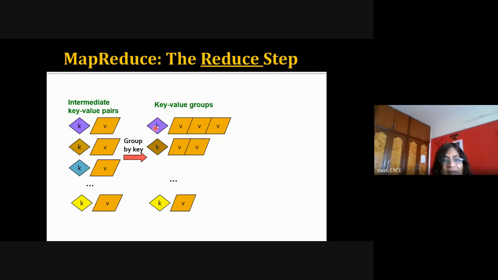Here there is only one key and all its values; here there are multiple keys. Then that is given as input to the reducer, which will perform some summation operation on these values in case of word count, and it will create the final key and value.